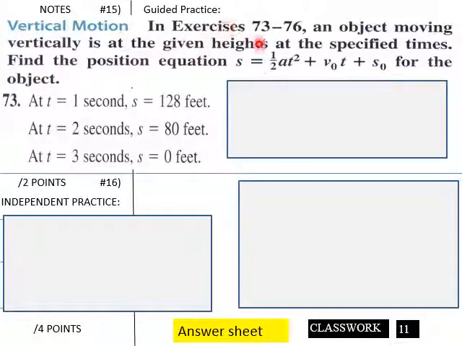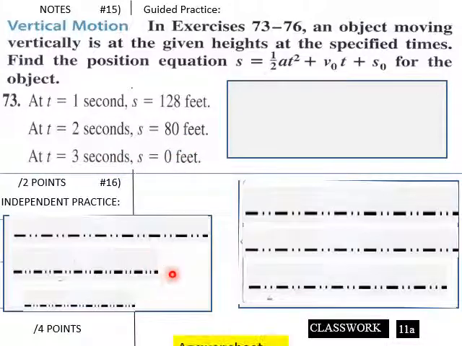In these exercises, an object moving vertically is at the given heights at the specified times. Find a position equation, s equals 1/2 a t squared plus v naught t plus s naught for the object. So at t equals 1 second, s will equal 128. At t equals 2 seconds, s will equal 80. And then at t equals 3, s will equal 0 feet. So with that in mind there,